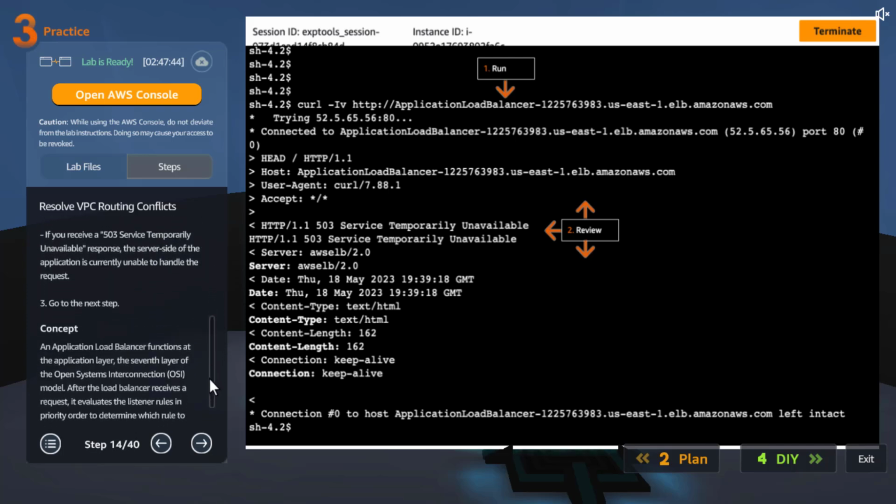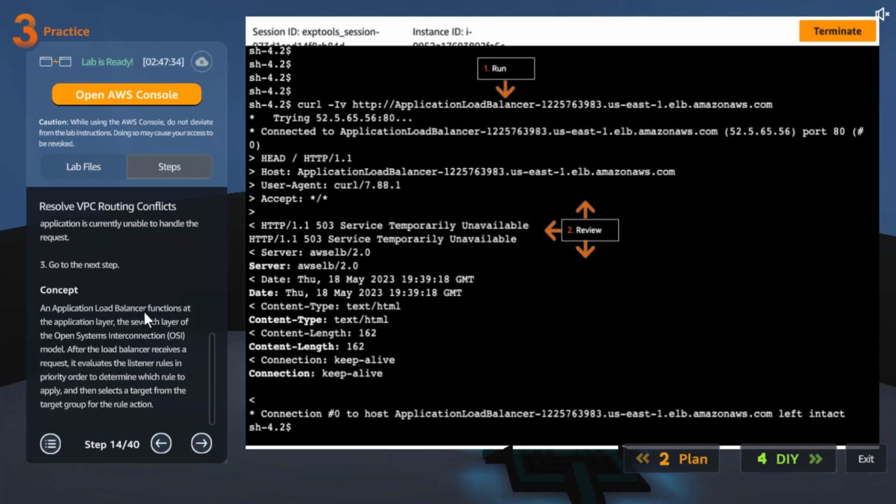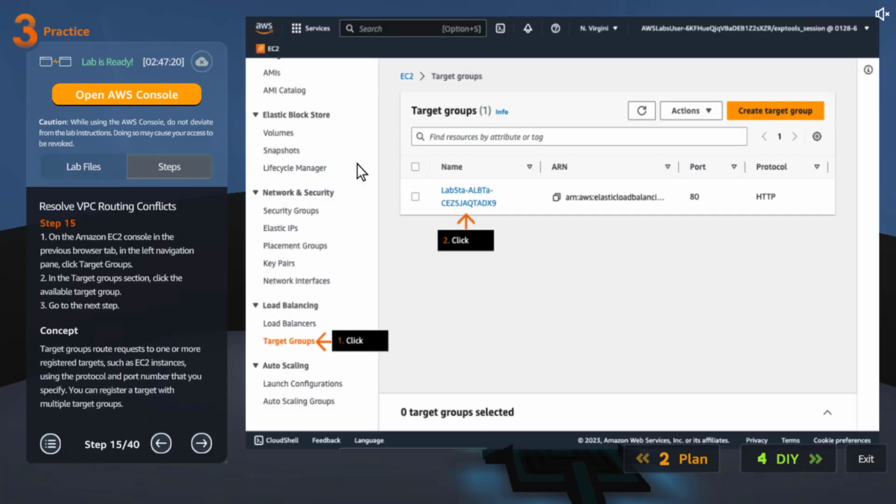If you receive a 503 service temporarily unavailable response, the server side of the application is currently unable to handle the request, which is what they showed here. ALB functions at the application layer, the 7th layer of the OSI model. After the load balancer receives a request, it evaluates the listener rules in priority order to determine which rule to apply and then selects a target. Okay, that is not working, so we are going to go to the target groups